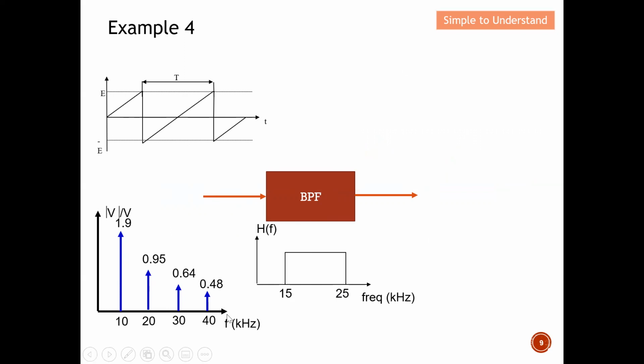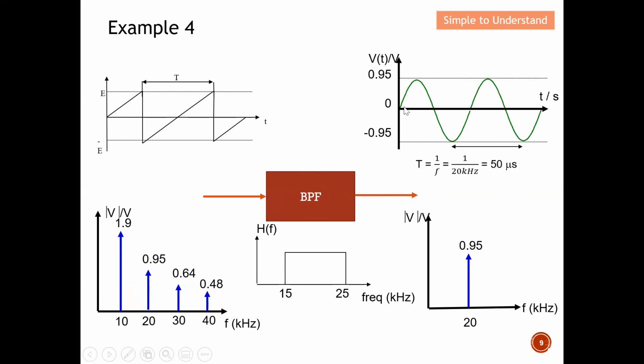They in fact consist of more than the fundamental, second, third, fourth. In fact, there will be fifth, sixth, seventh, etc. But what happened here is that this frequency response passes through this bandpass filter. Only 20 kilohertz will be able to result at the output of the bandpass filter. The rest of them will be attenuated away by this bandpass filter. And from here, I also show how I can draw the time domain based on the